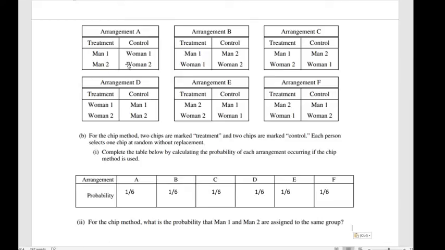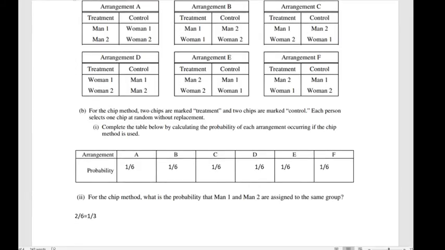So that is 2 of those 1/6 probabilities. So that would be 2/6 or 1/3 for that. All right. For the last one here, we've got